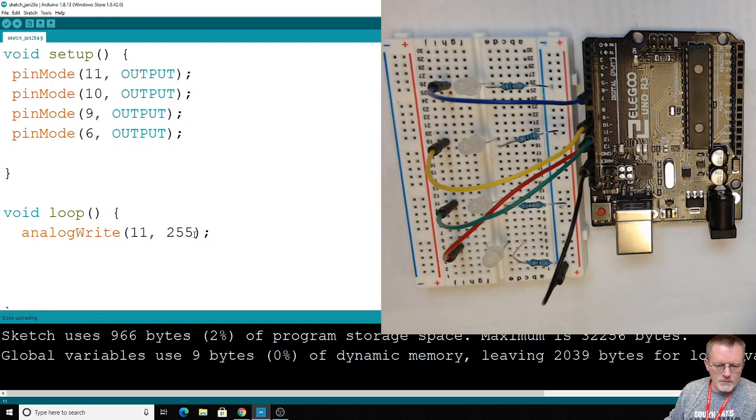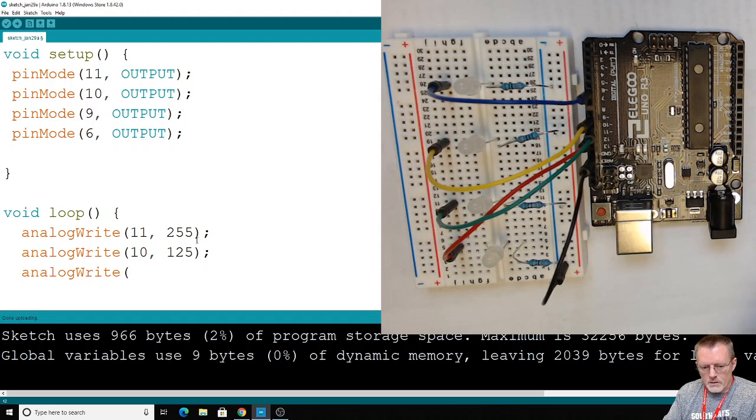So this is high for the first one. Let's make the next one pin 10. Let's make it a bit less. Let's drop down to say 125. analogWrite 9. Drop down to say 50, and one more for the last pin. That was a 6, let's turn this one completely off, make that 0. Okay,